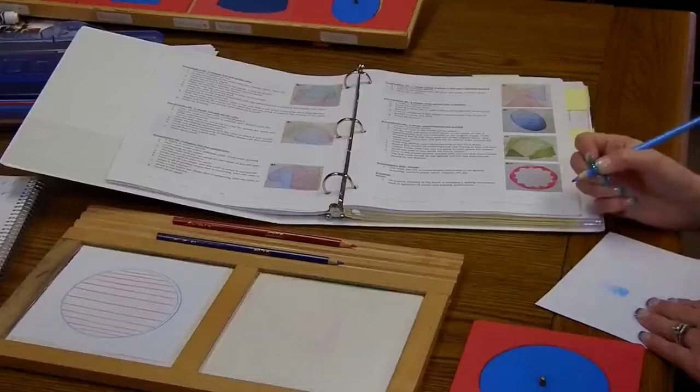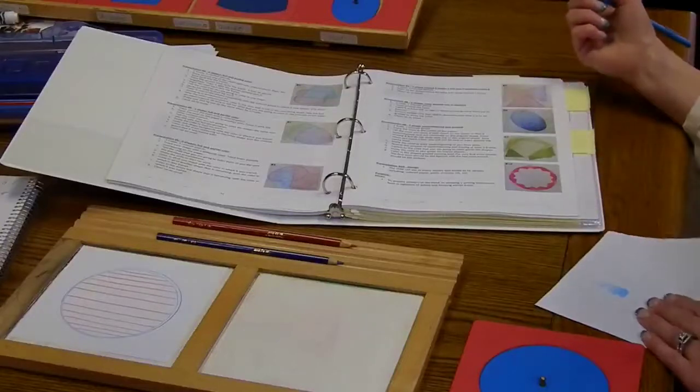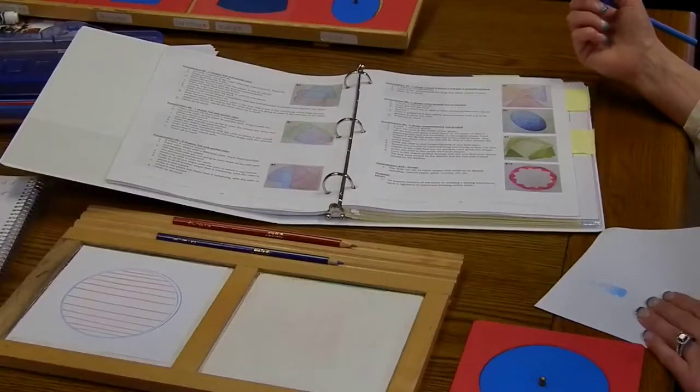you're using a really firm grip. So you start with lightest, you don't start with darkest? Well, typically,